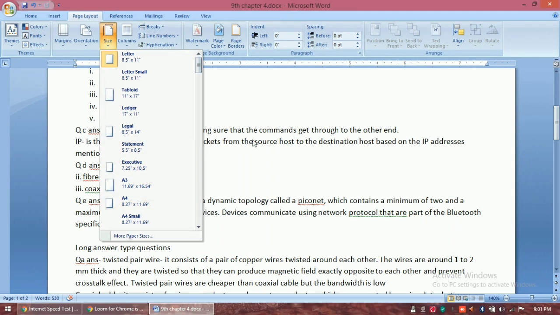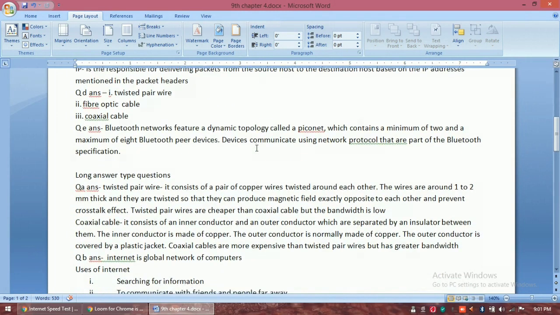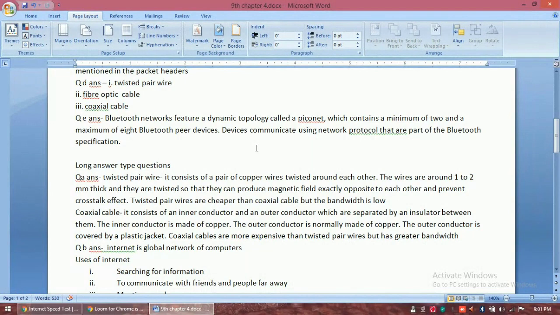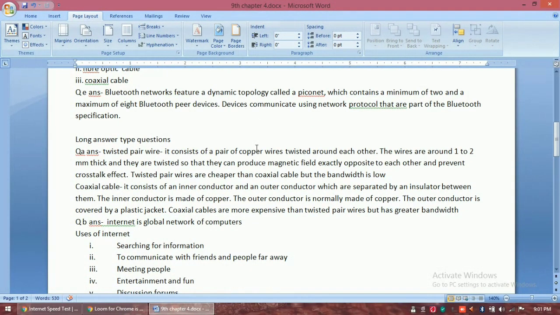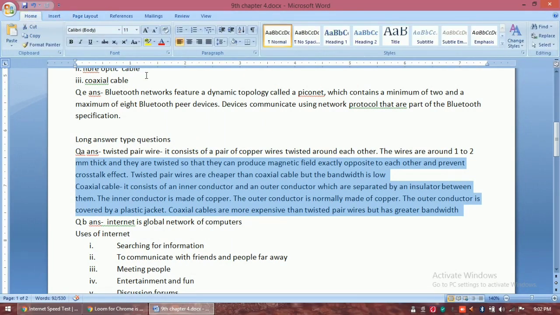Next is a list in Microsoft Word. If you want to display any content, any text in form of list, then you can use list option of Microsoft Word. Now I'm going to tell you how can you use this feature. You have to select the lines for which you want to apply the list feature and then you will click in Home tab from Paragraph group. You can select list type.